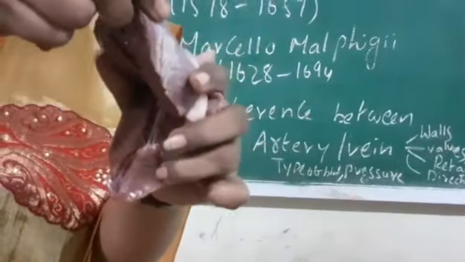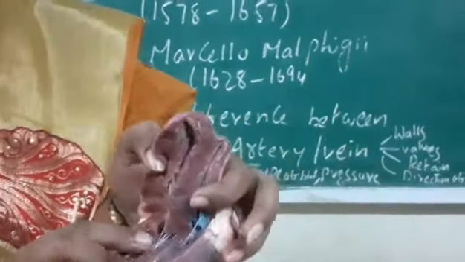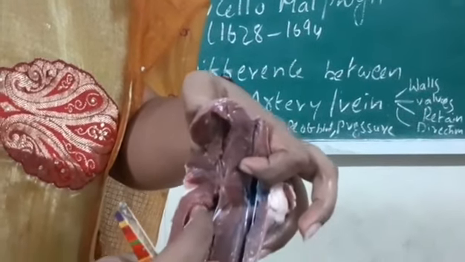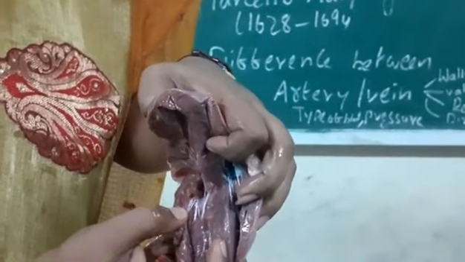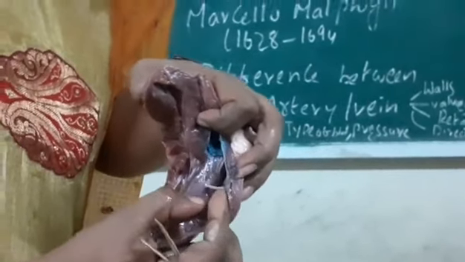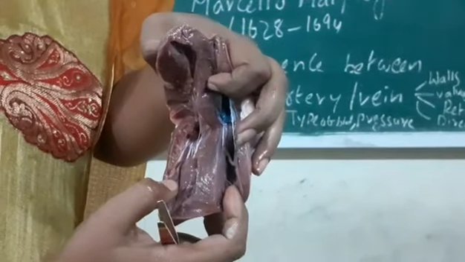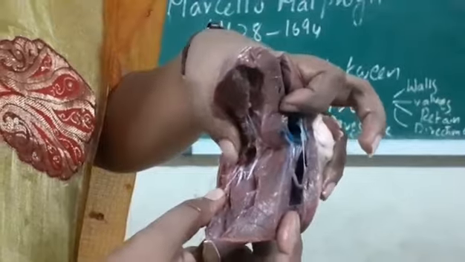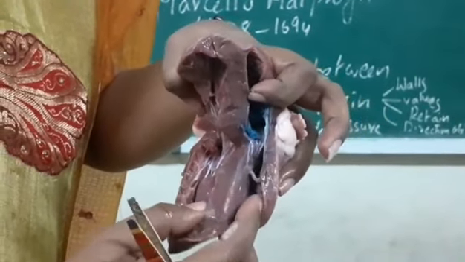The internal parts of the heart consist of upper chambers called the auricles. We can see the auricles here, that is the right auricle and right ventricle. Here we observe the tricuspid valve and here we observe the bicuspid valve. Down below we observe the ventricles, right ventricle and left ventricle. The valves are kept in position by thick strands called chordae tendineae. So this is the internal structure of the heart.